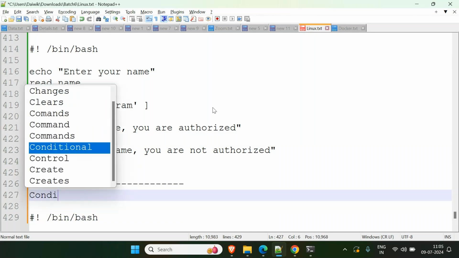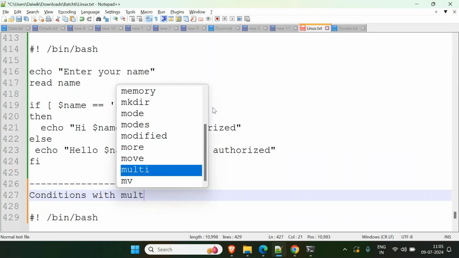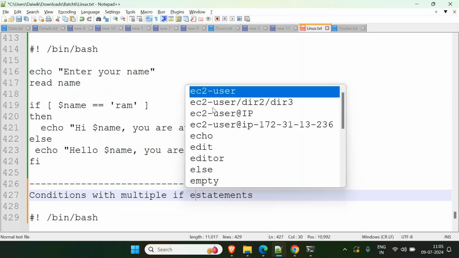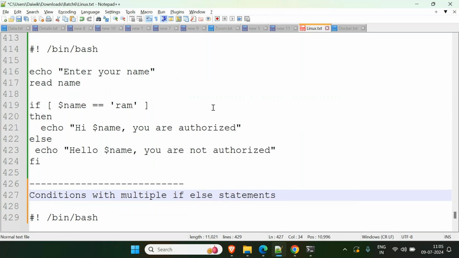Conditions with multiple if statements, if else statements. If you are using multiple if else statements, then the syntax will be somewhat different. For example,